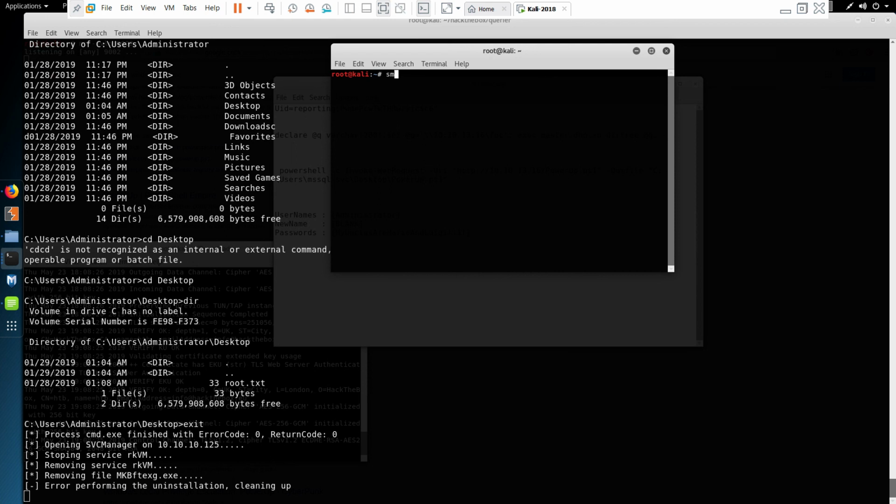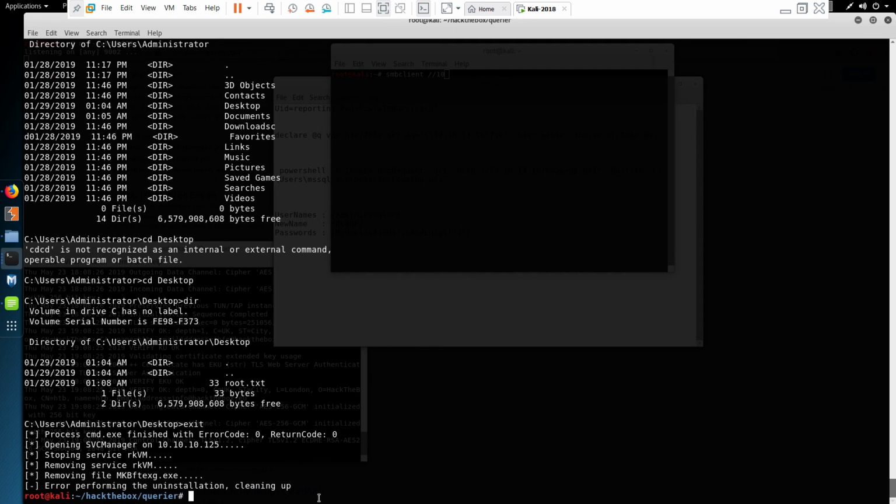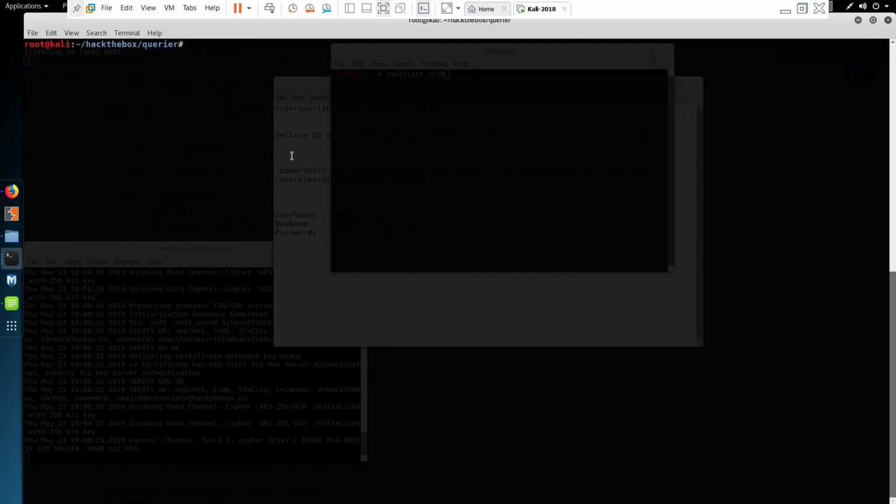So we can do smbclient, and I'm going to do it here because it's a much bigger font. Then we specify the share, which is 10.10.10.125. This time around, we're going to specify the C drive,